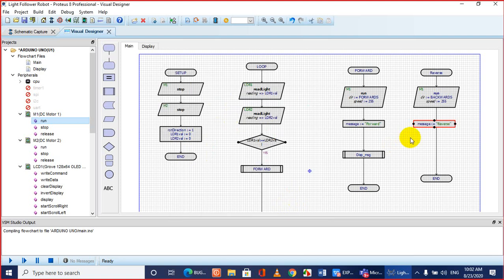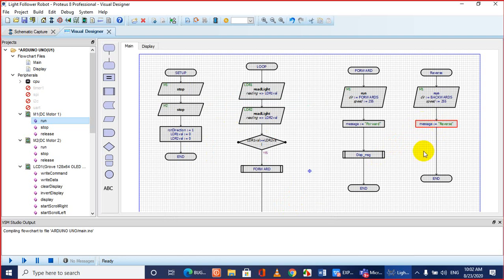Now look at over here, the placement of the block. Look at the dot, top dot and bottom dot, they are not aligned with the line, so it will not work properly. You need to align the dot. Now it will work.